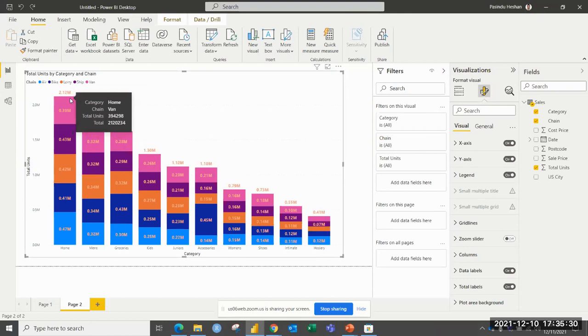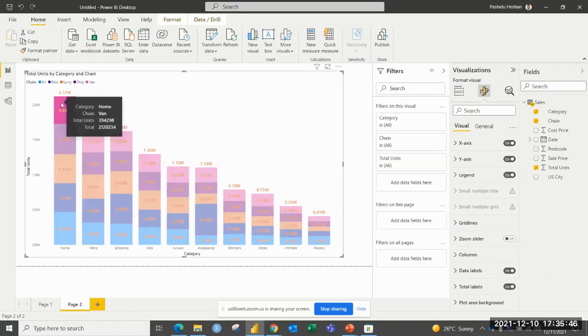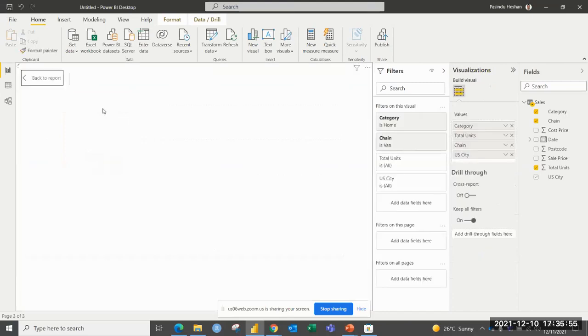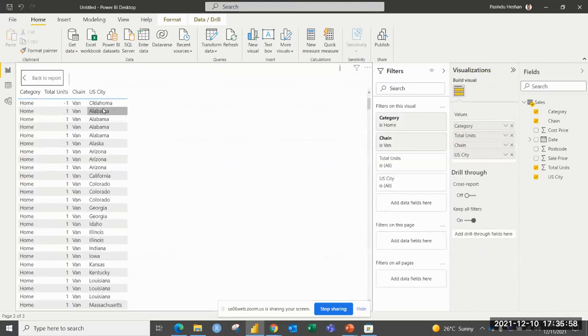If I were using Excel, you know how to filter and get data for this. Here we also have an option called show data point as a table. Firstly, I need to select the relevant data field here, then right click anywhere and click the show data as a table option. When I click this, you can see every record here